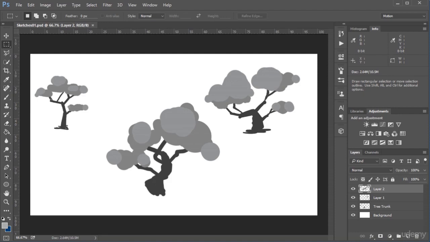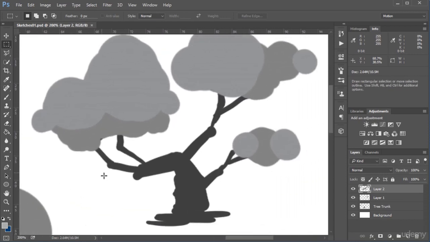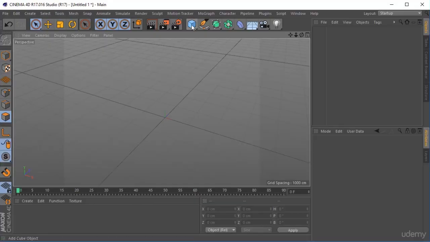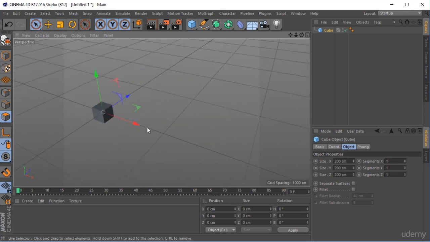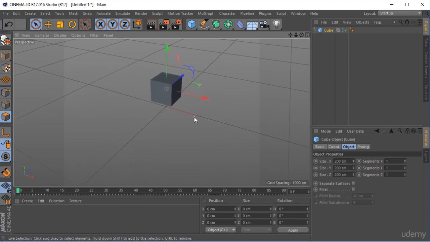So going back into our Photoshop file, we can see all the different tree sketches that we created. Of the three trees, we're gonna pick this one. We're only gonna use it as a sort of light reference of the shape of the tree that we're going to make. So first things first, we'll click a cube, and we'll use that as a base to start our tree. So zoom into the cube, just going to lift it up the y-axis here,